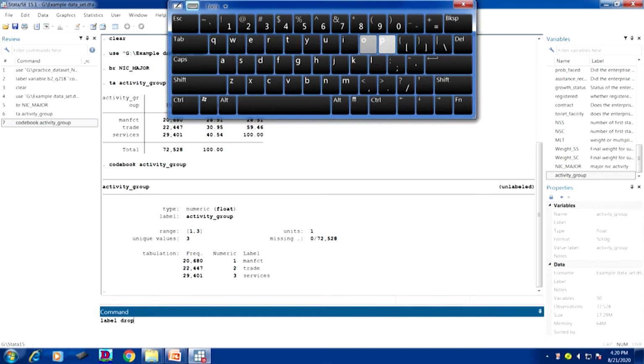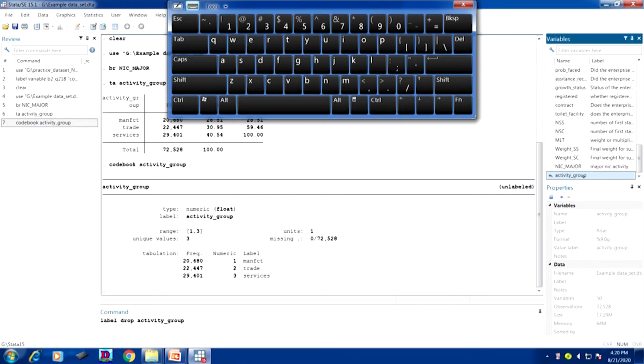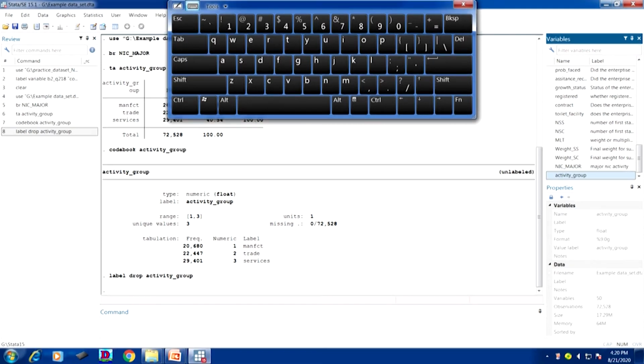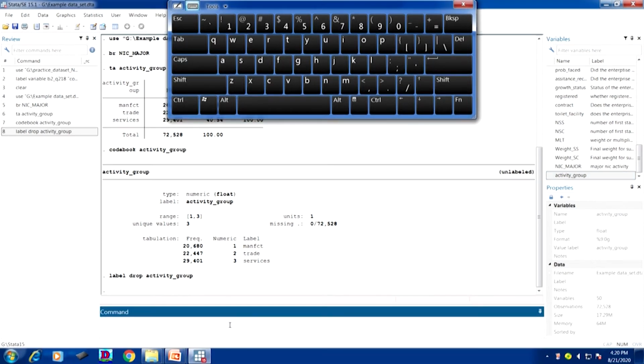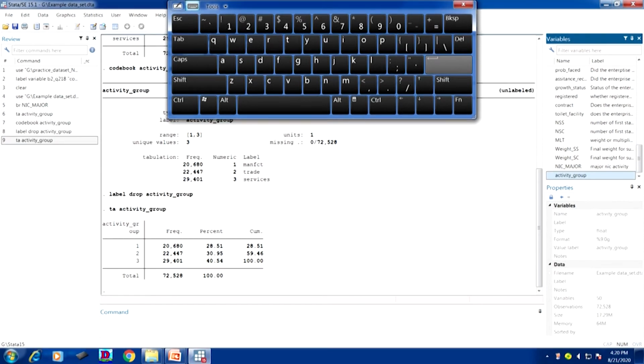Since labeling has already been made for our own understanding, let me first drop it and then I will clarify. After dropping the label, look, now no labeling of the values is given. 1, 2, 3 is now coming. In the previous case, before dropping the label, it was manufacturing, trade and services.